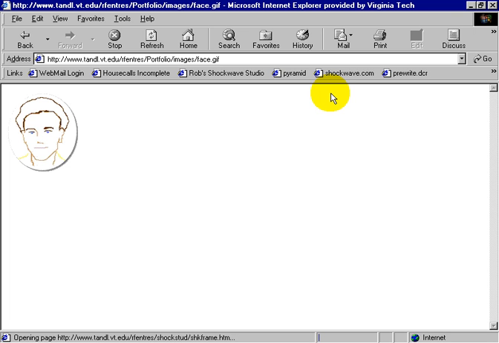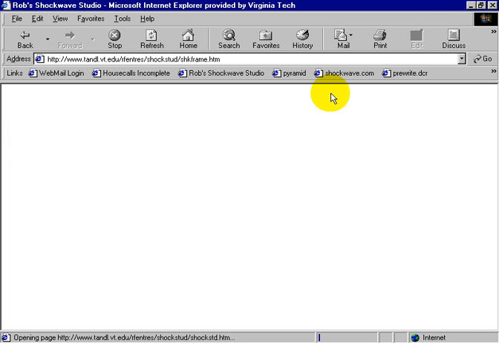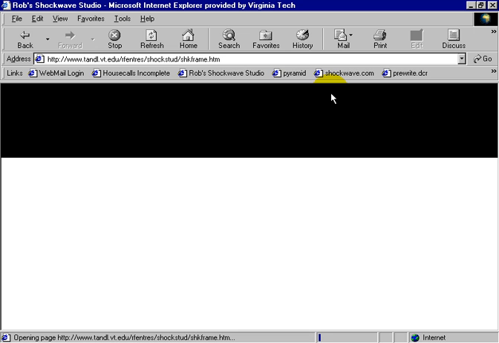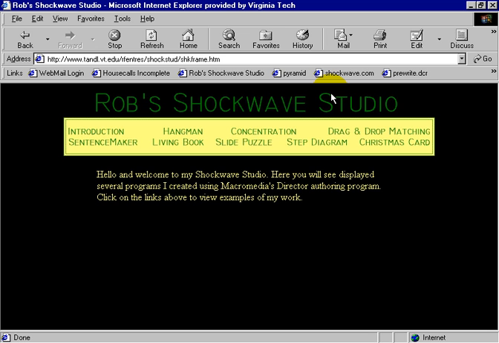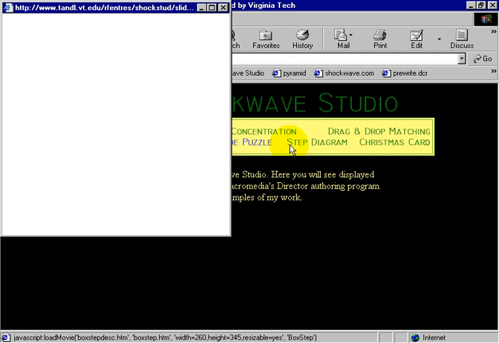Now this is a web page that I created last year that just showcases some of the Shockwave movies that I created with Director, and we'll use it just to show you some things that you can do with Director. One is a little game. You can use Director to create small, simple games. This one is just a puzzle. It's a slide puzzle. You might be familiar with those sorts of things,